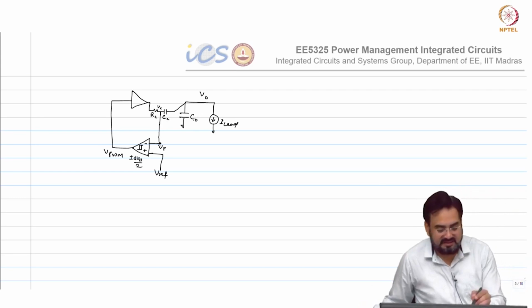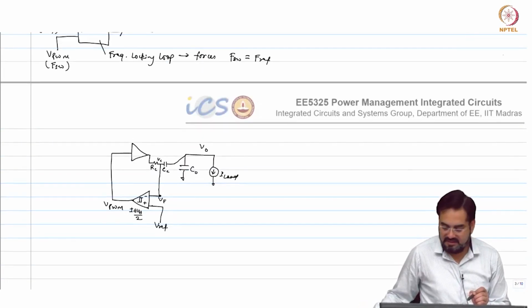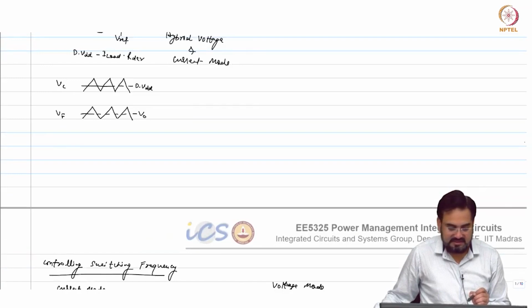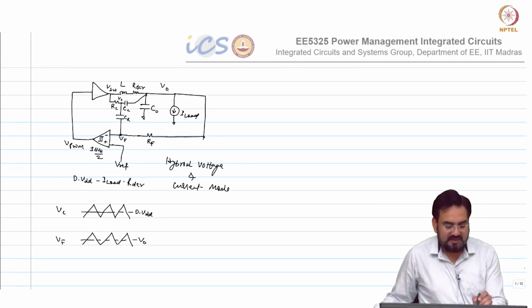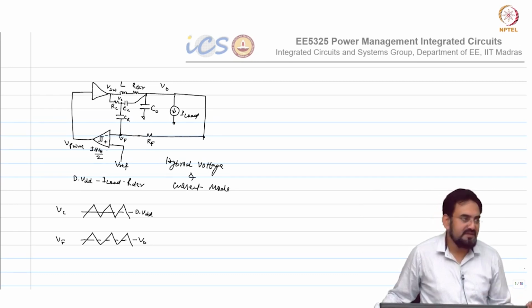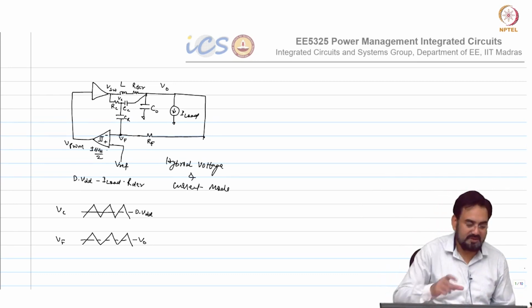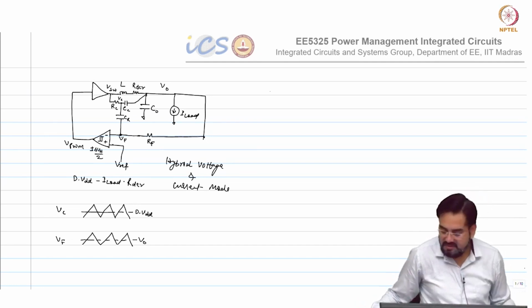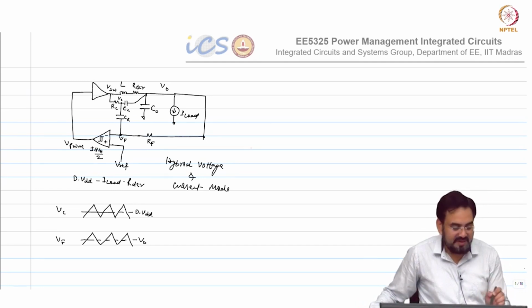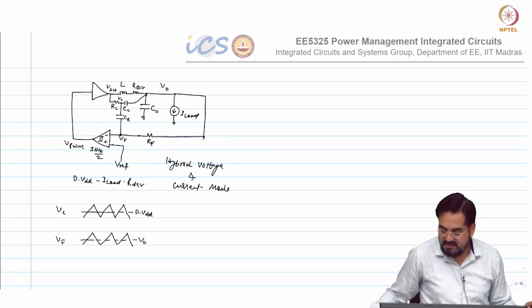Otherwise, if you consider that the ripple in the V out in this case is much smaller, so the ripple at the V out is much smaller compared to the delta VH actually, which is your peak to peak ripple. Your ripple is limited within that window, then it should not affect your frequency. So, frequency will only be defined by your hysteretic window and RC time constant. So, if I remove everything